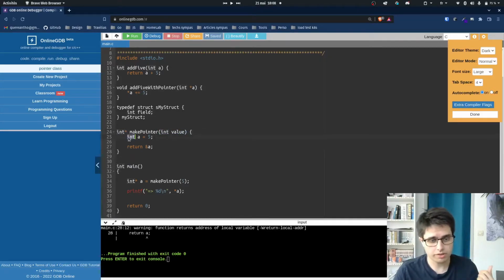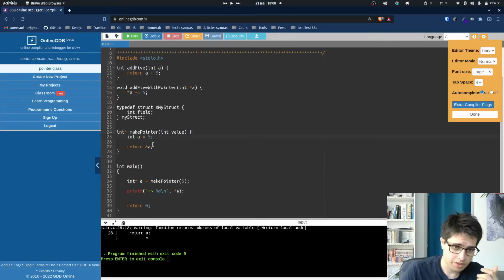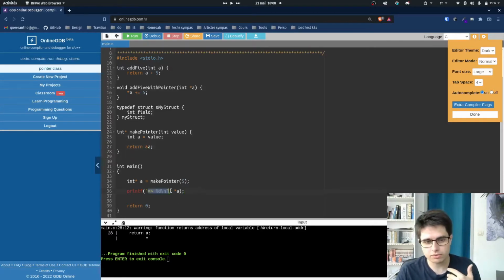So we will use a local variable to store our value, sorry, not 5, and we will return the address of that value. And we want to print the value of the pointer. And if we run that,